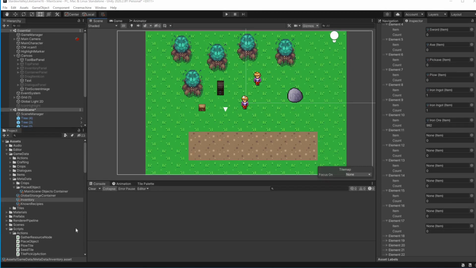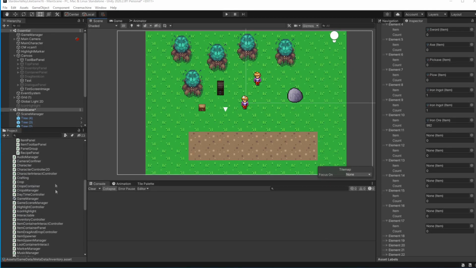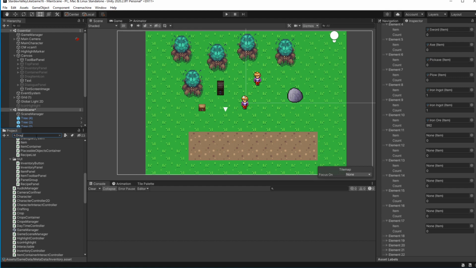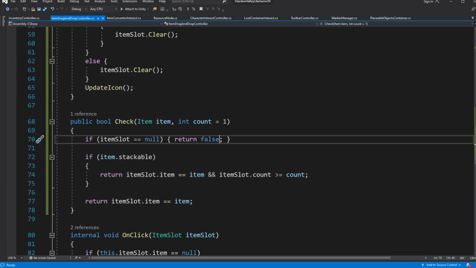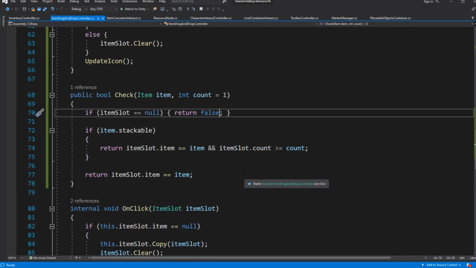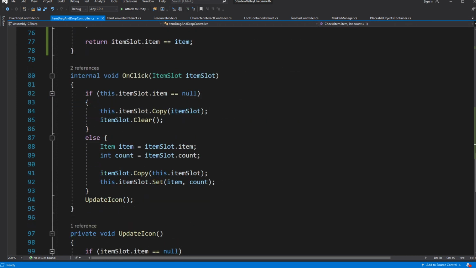Let's fix this. Open the ItemDragAndDropController. Inside the OnClick, we want to look into the case when we click on an item slot which is not null.